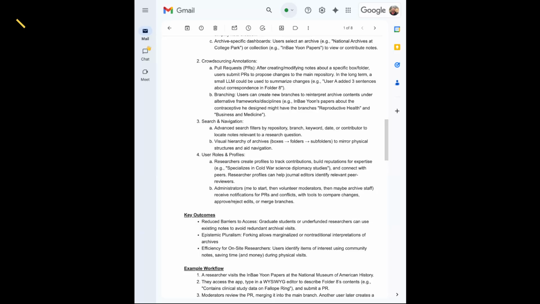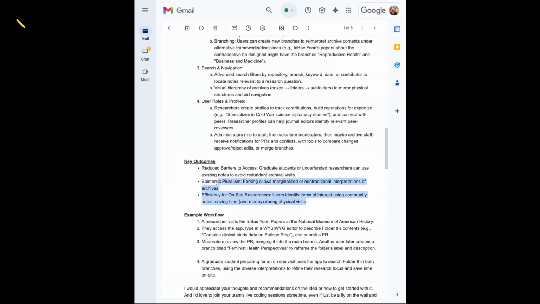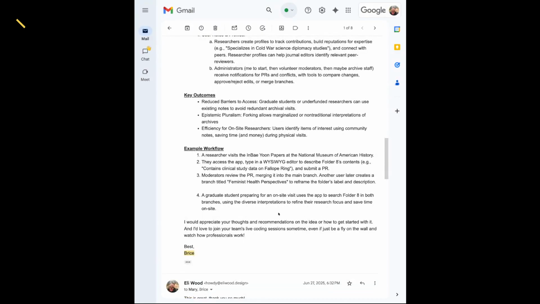If there's a compelling use case, I might layer in auth and role-based access in a second iteration. And you also clarified your key outcomes. Again, this is great context that the AI can reason over. And then the example workflow is great.